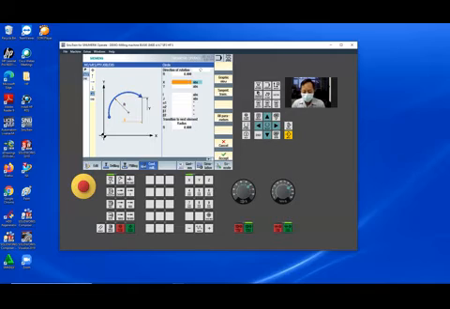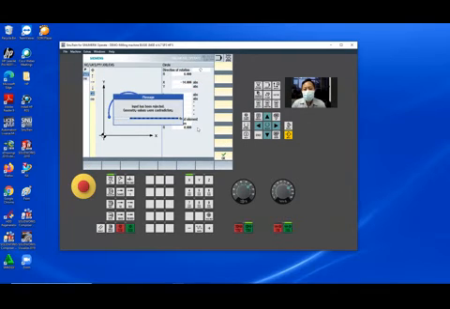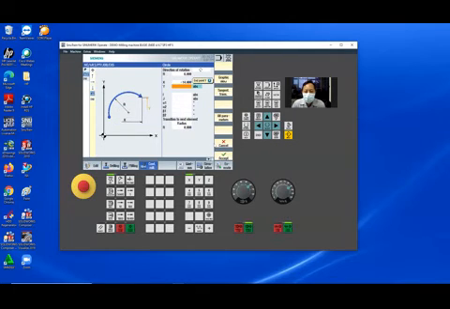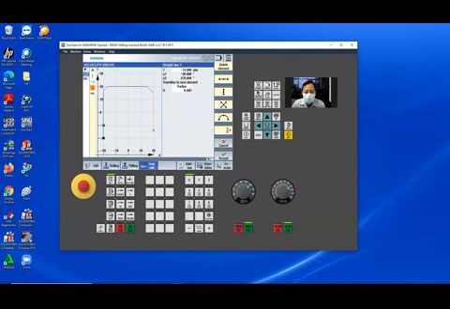The X is minus 14, Y is minus 20. It rejected. I don't know why. Cancel. I think I made a mistake.